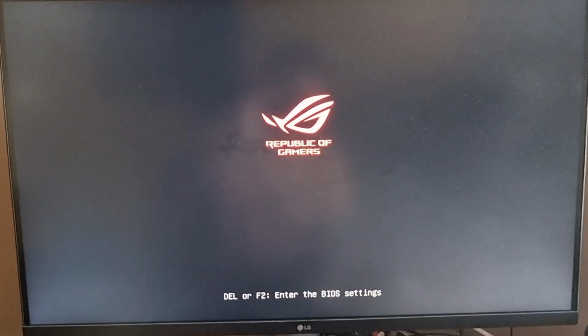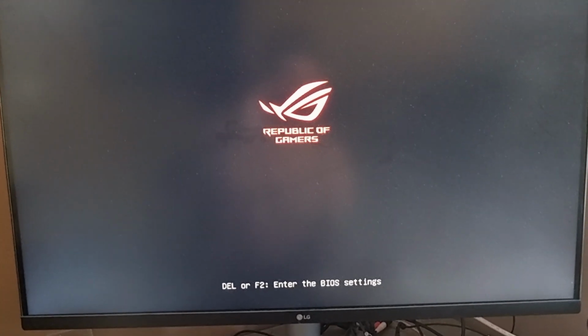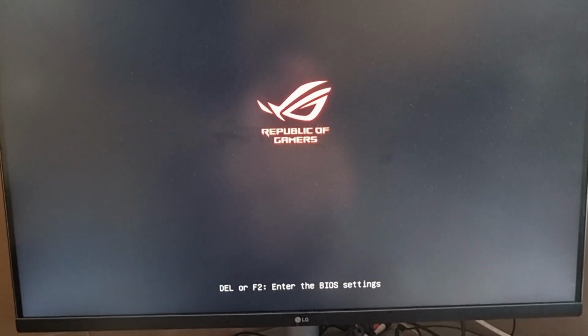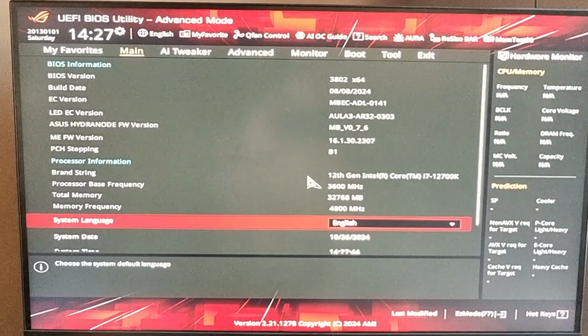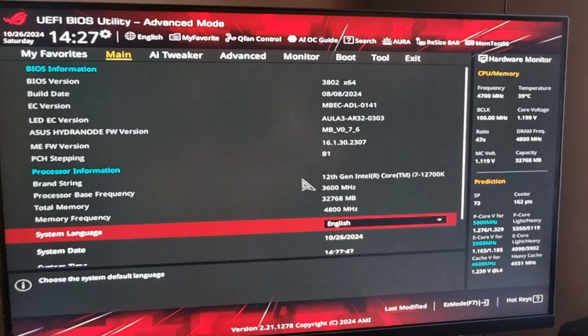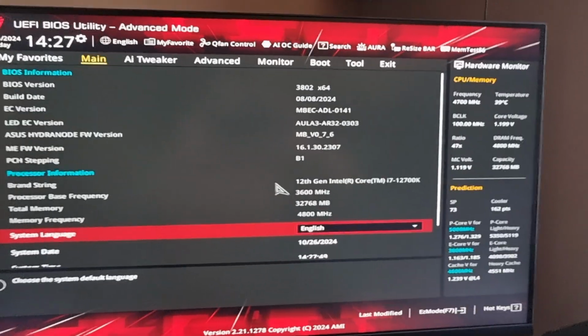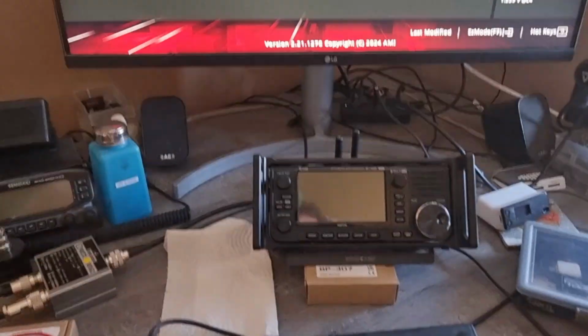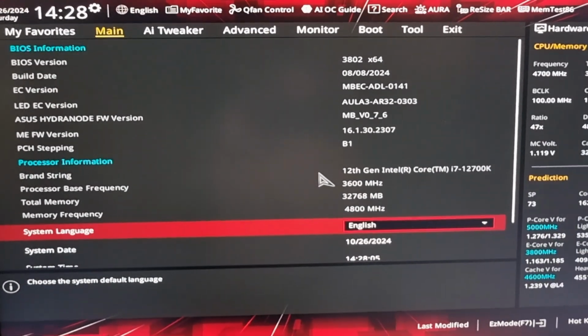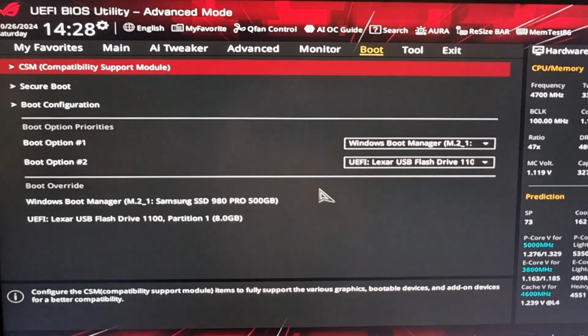Just while I'm waiting for the BIOS to open, I've tried numerous HDMI cables. I've been out and bought more. They are HDMI 2.1 compliant. I've taken the HDMI cables off the LG OLED display that I've got as well and tried those. They're very high quality cables, very thick, and they meet the 2.1 standard. So there's absolutely nothing wrong with the cables, and the only issue is when I put a BIOS on there